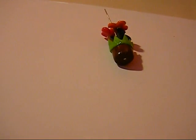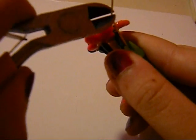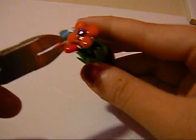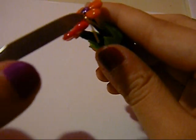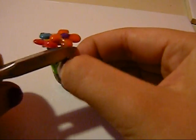And then I'm going to take some jewelry pliers, right? I'm going to take the head pin, I'm going to try to curve it into a loop. So you can measure it and then you'll just cut that off, the excess, like that. And there you go. There's your chain. And then you can just